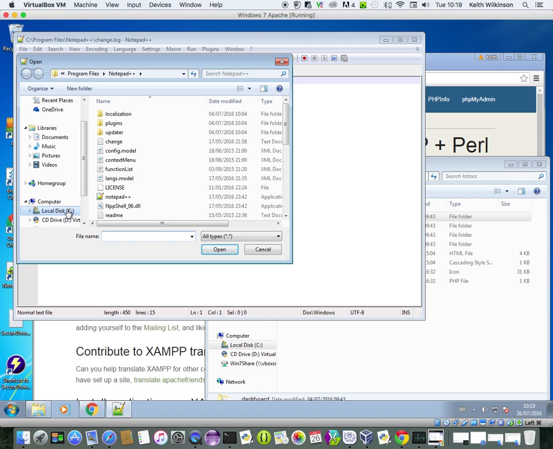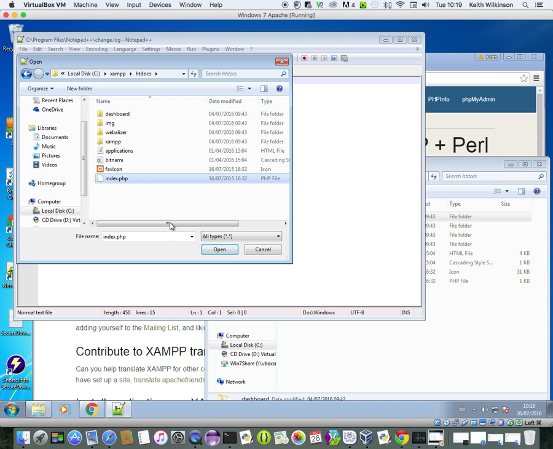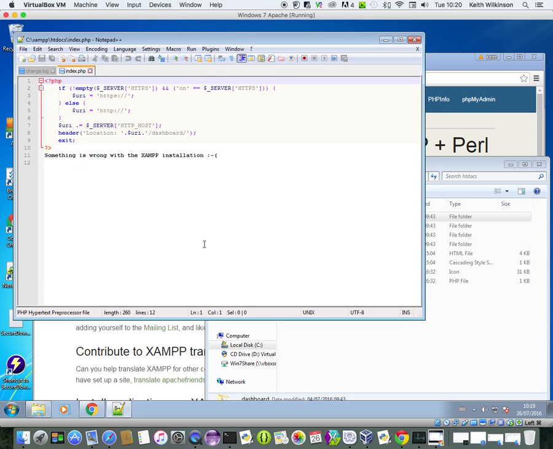navigate to the same place, local disk, XAMPP, htdocs, there we go, index.php, and open it. There we go. That's what is inside that file, and all it is what we call a redirection, which is there, which takes you to your dashboard folder. Okay, we will learn what all these mean a bit later. If you don't see dashboard, you might see a problem. Okay, if you have that, then contact me or try and figure out what's going on. But that's Notepad++. Very, very important